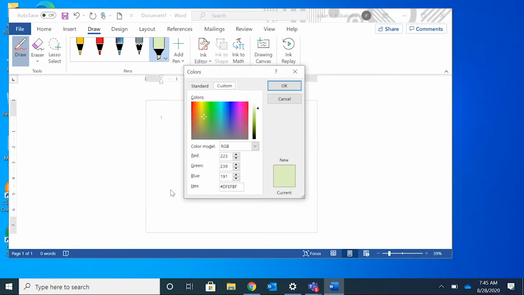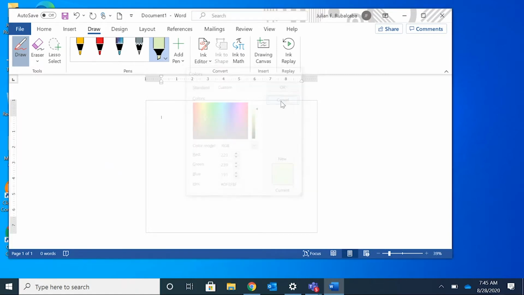Then you also have the option to change the colors of the highlighter itself. If you do make a mistake, there is an eraser tool. You have to select it and then erase your mistake. Okay, so all we're doing today is 3 different stick figures or 3 different animals, and they have to be